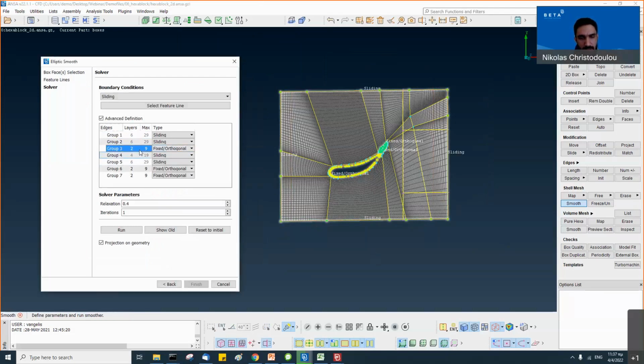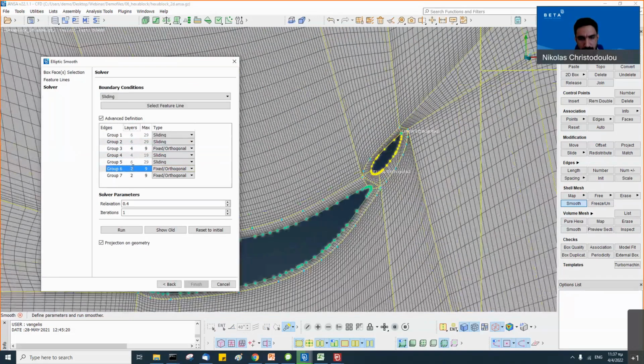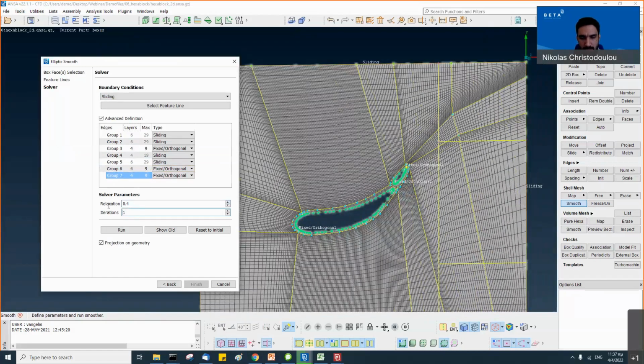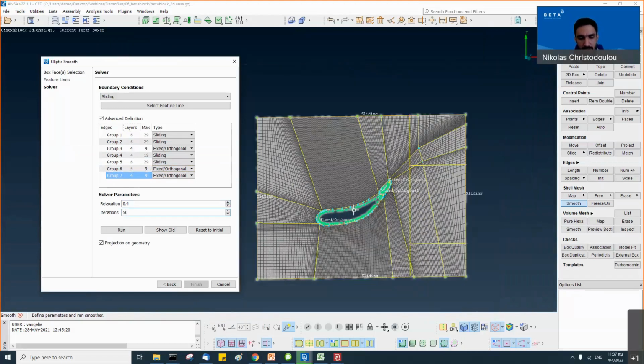So in group 3, I would like to have orthogonal layers 4, and at the back as well. Okay. The relaxation factor, I will leave it 0.4, so it can move little by little in every iteration. So I'm on the safe side. And we can press run and see the smoothing action taking place.